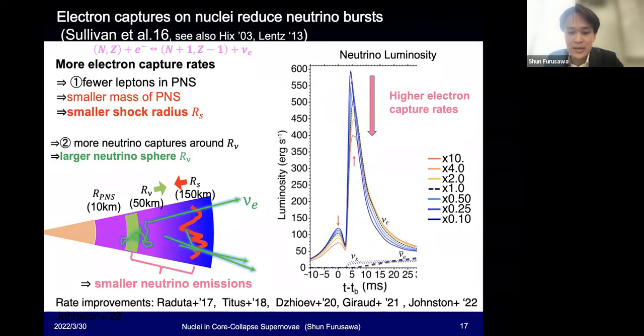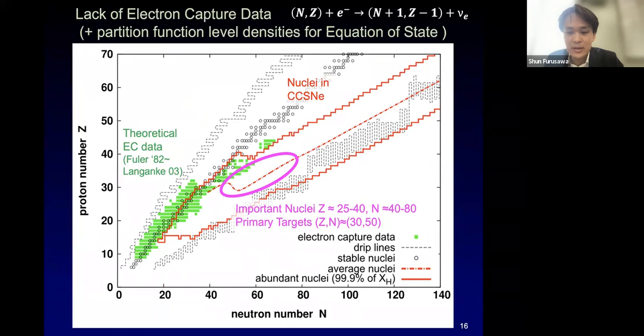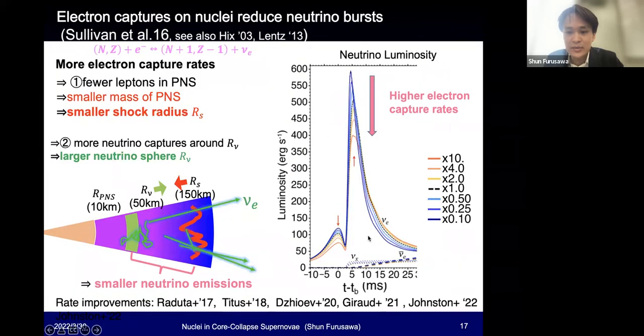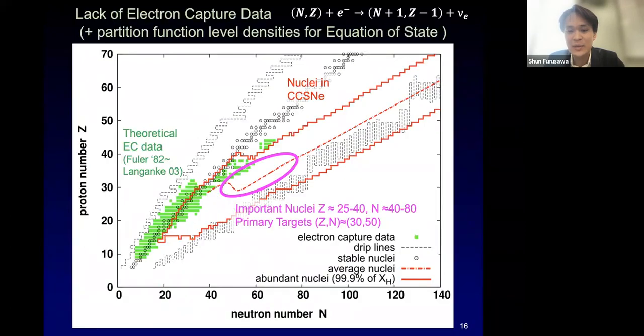I guess, frankly speaking, the impact of the detail of electron capture rate of these nuclei is not so influential on the result for now, but